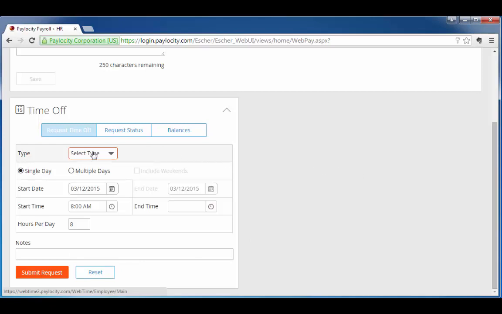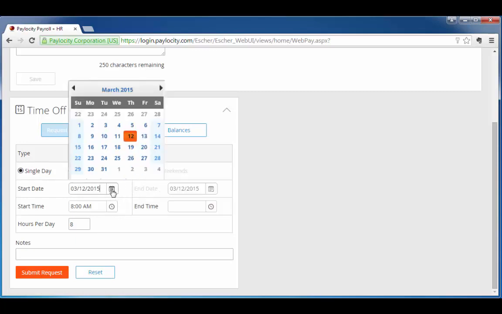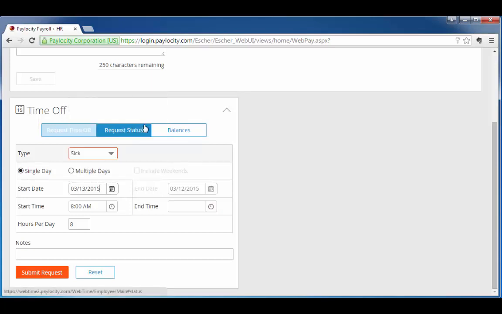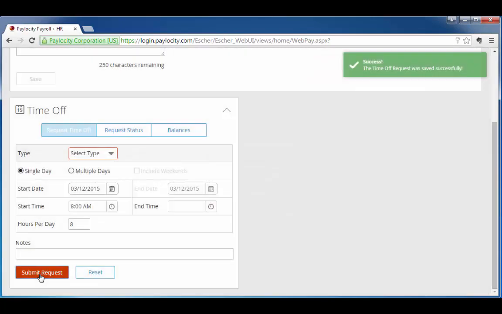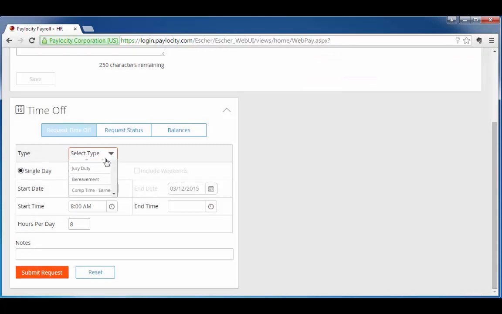In the first section, you can request time off. Select the type of time off you are requesting. Indicate if you are requesting a single day or multiple days. Then select the date or range of dates and the hours per day. If you're requesting a partial day off, choose single day, then fill in the number of hours. Then click Submit Request. For another example, if you are requesting 3 days off, choose the type, choose multiple days,